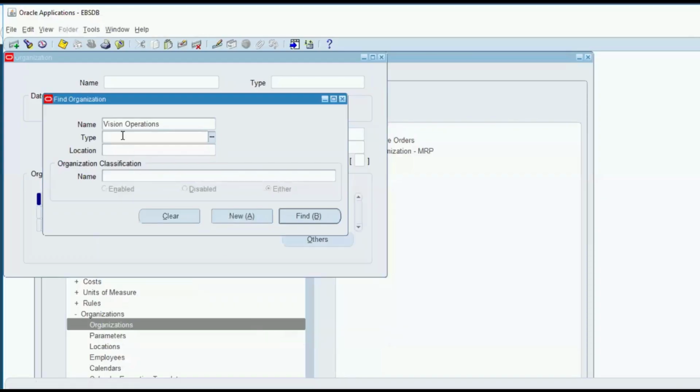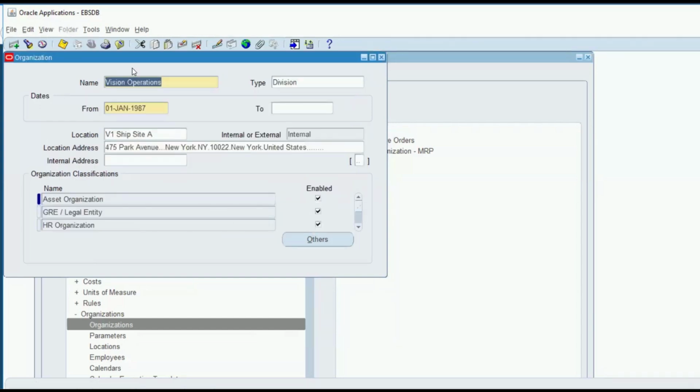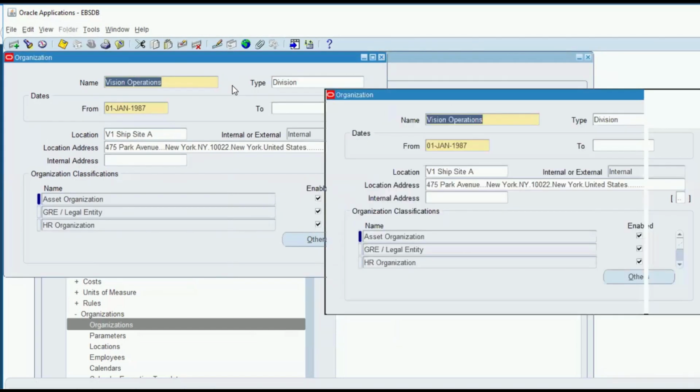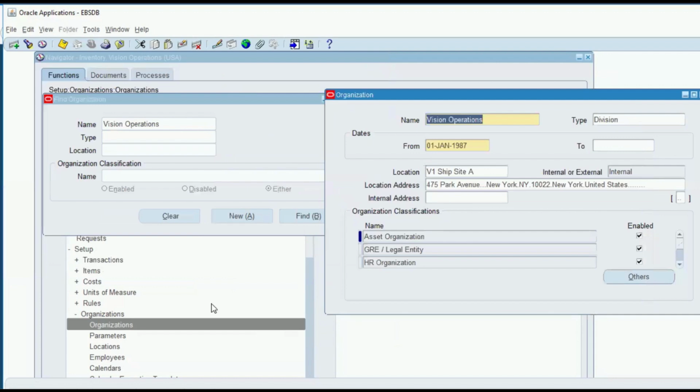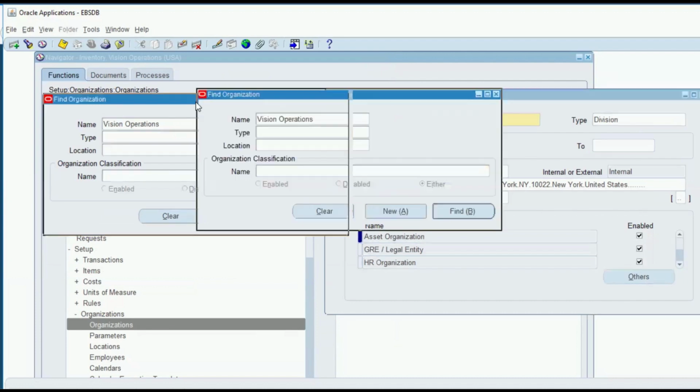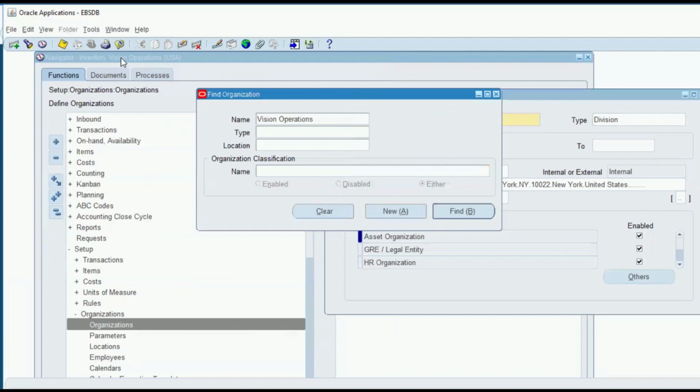I am choosing Vision Operation as an organization. Can you see that? Is my screen visible? It is. So here you can see I am going to Inventory Vision Operation, then Setup, and then Organization